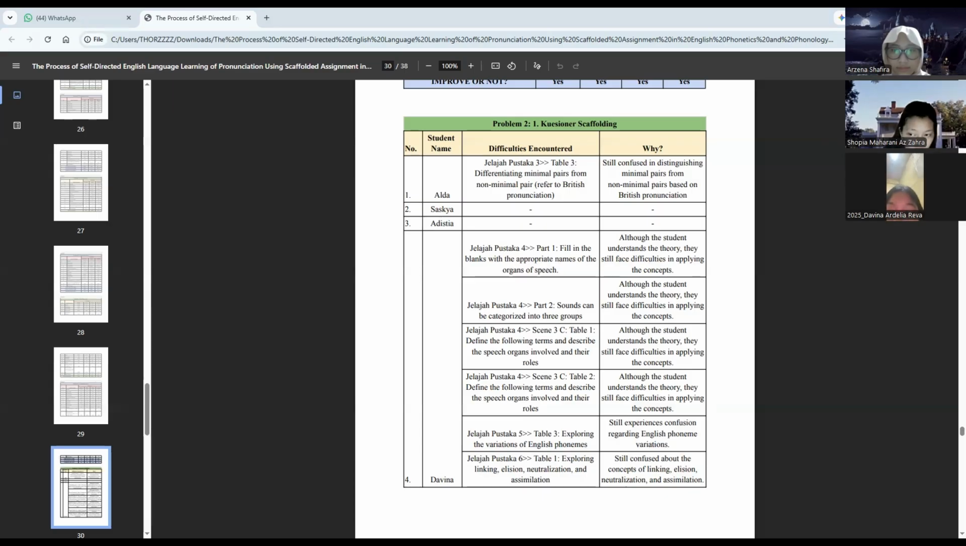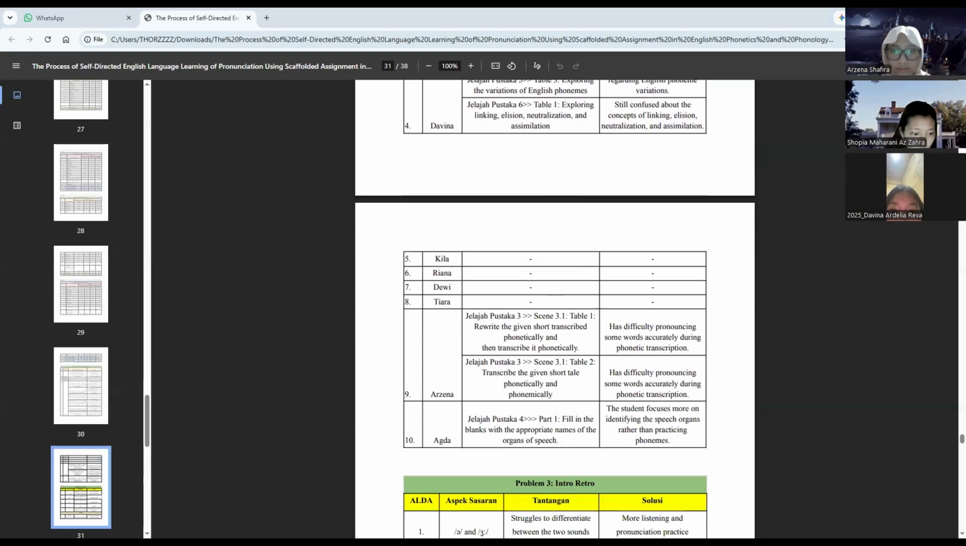Based on the table, most students reported that the scaffolding method helped them throughout the learning process. However, several scenes were still identified as having issues. For example, in Jelajah Pustaka 4,